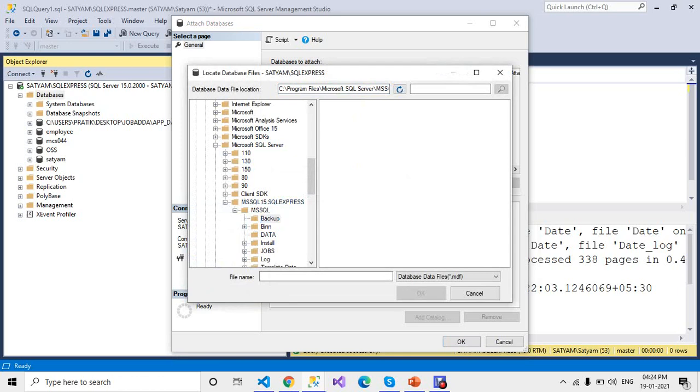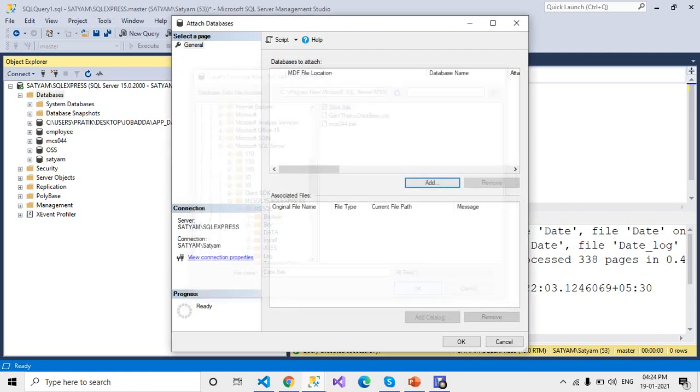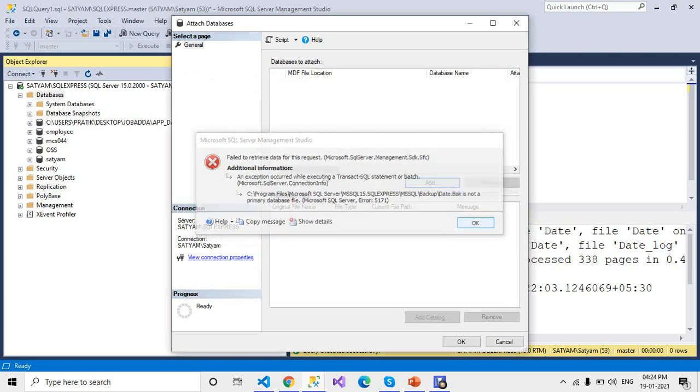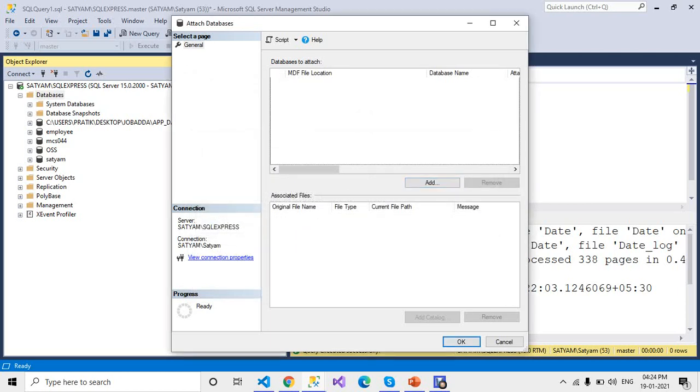Database, all files. So here is your backup file. Click OK. There is an error, but no issue.